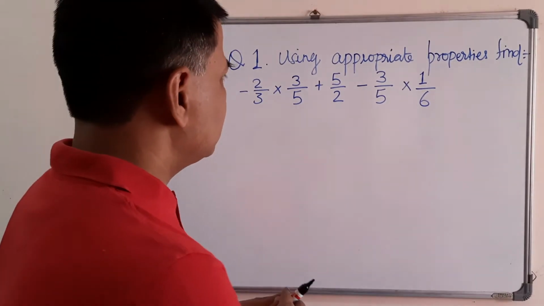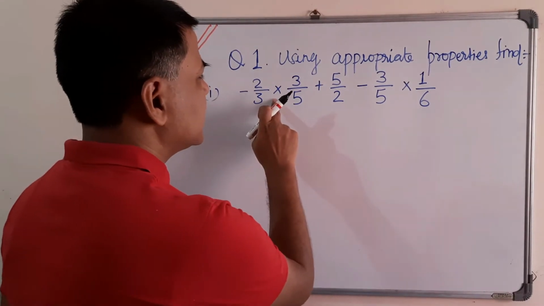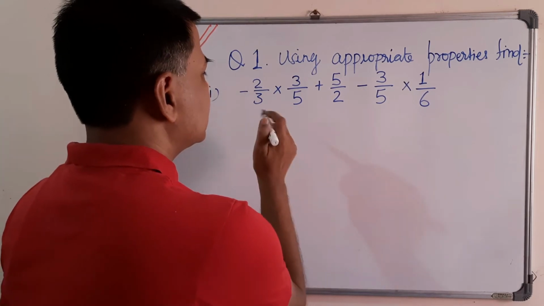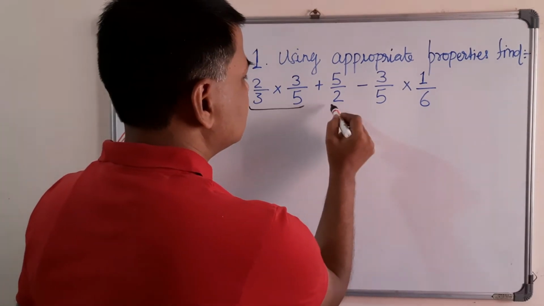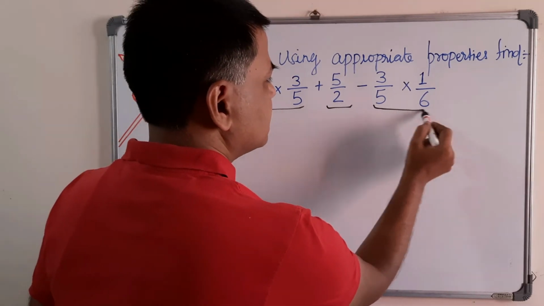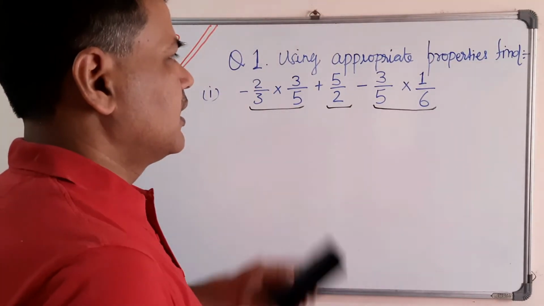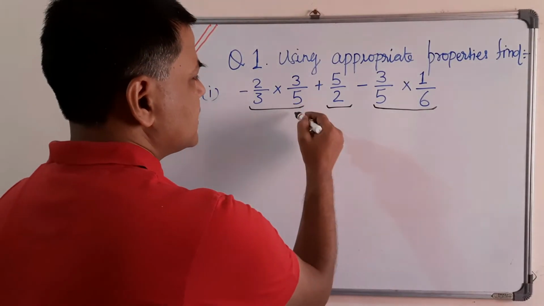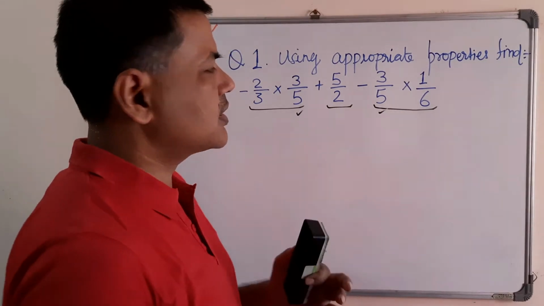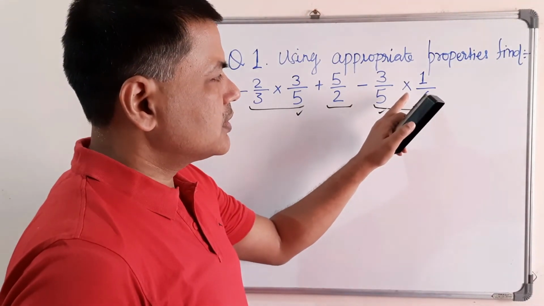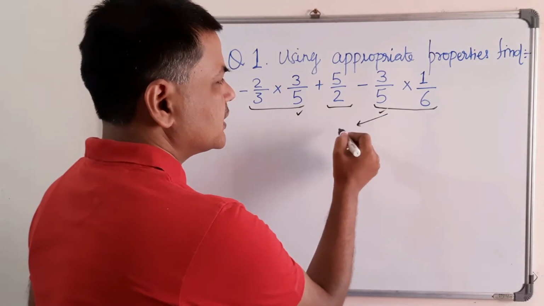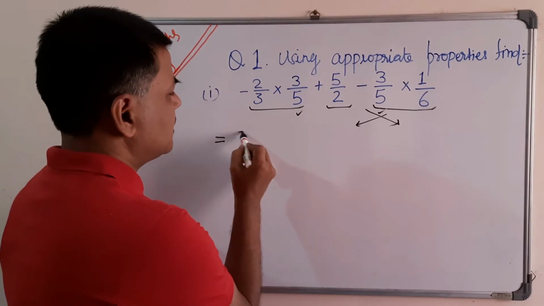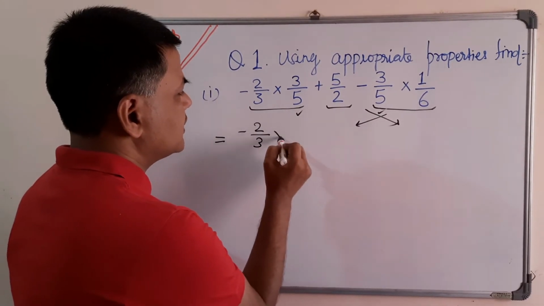So here we can see the highest preference is multiplication. So we can group it like this: this is one, this will be second, and this will be third. And now we have to find what is common. We can see 3 by 5 is here also and here also. So next, we will move this third group to the second place, and this one to third. In the next line I will just change the position of that.